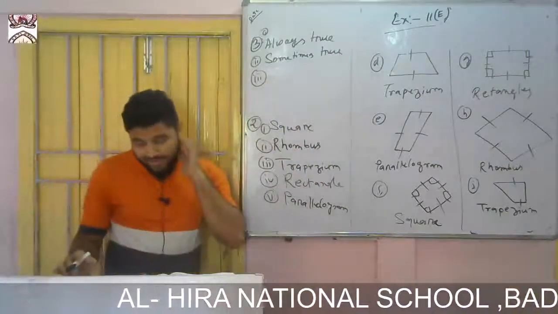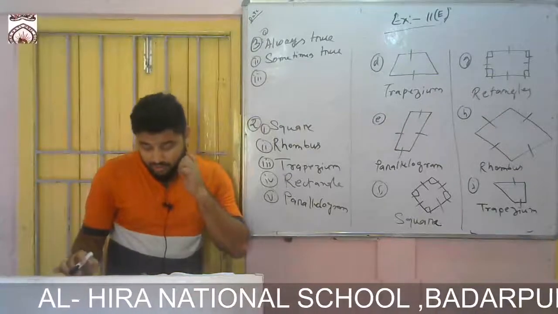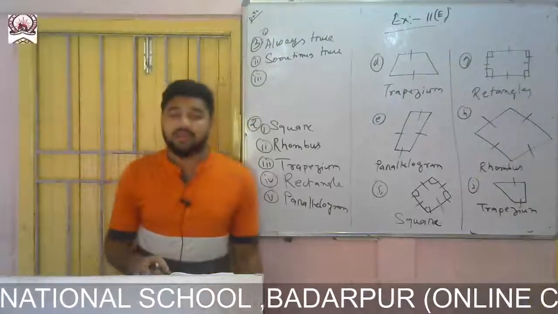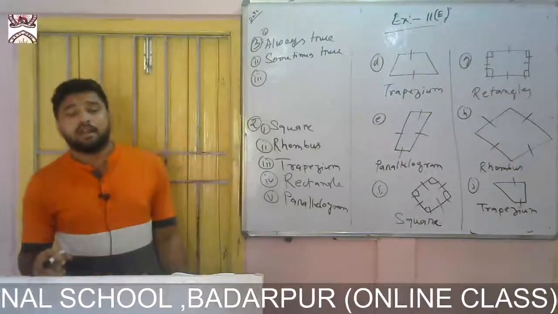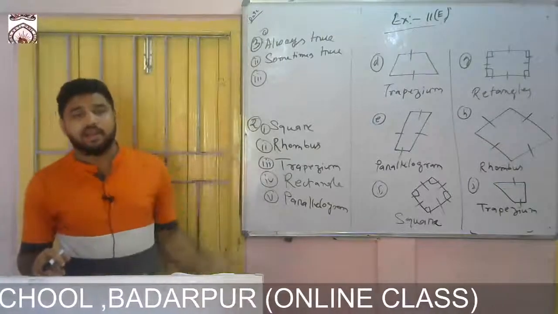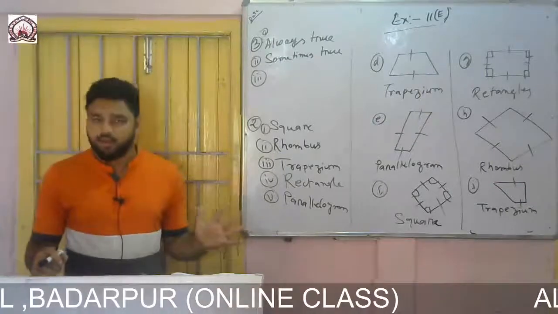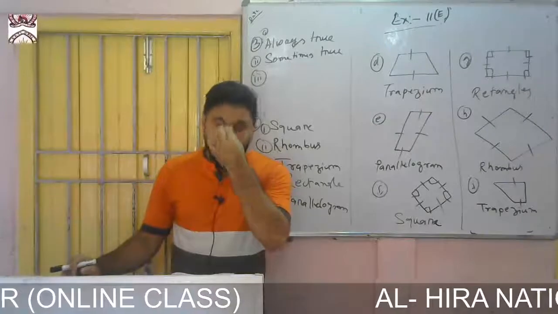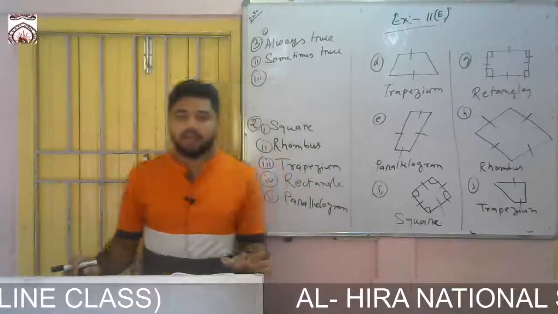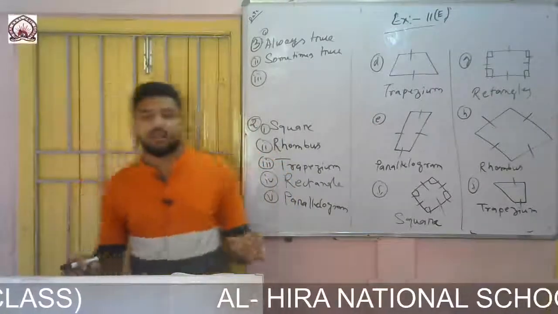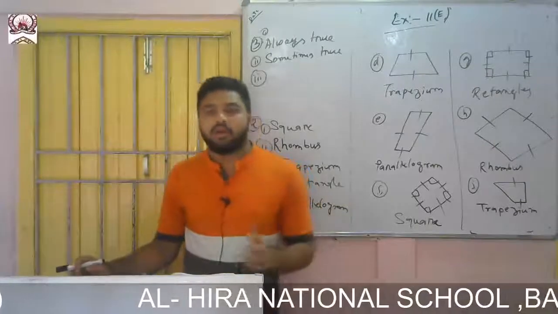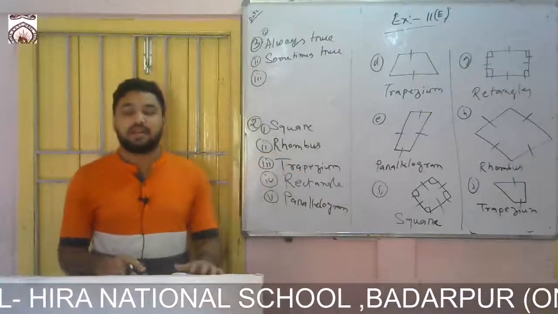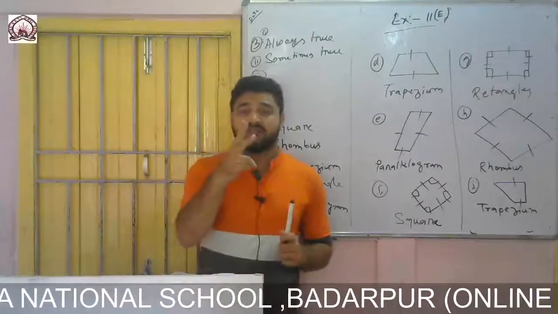Okay. So what? A rhombus is a square. Yes, sometimes you can say a rhombus is a square, because in a rhombus all the sides are equal, and in a square all the sides are equal. Then, in a rhombus the opposite sides are parallel to each other, and in a square also opposite sides are parallel to each other. The only difference is that 2 characteristics are matching.